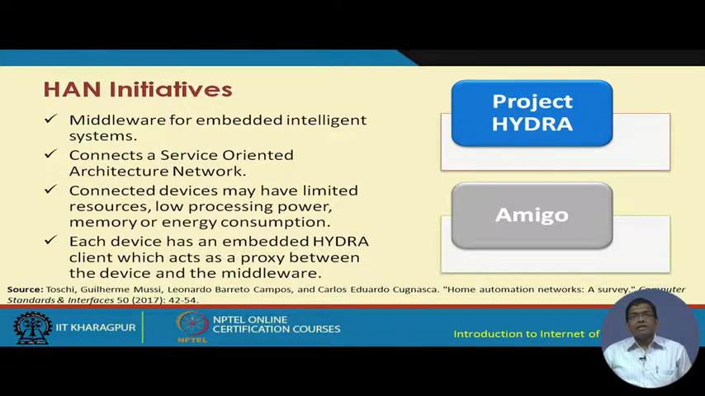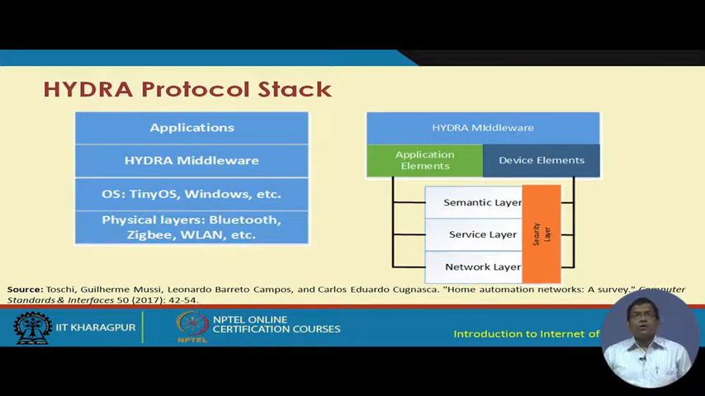In terms of the initiatives, there is the Hydra project, which is about middleware for embedded intelligent systems. That middleware was proposed for use in IoT kind of environments where there are embedded intelligent systems or intelligent devices. It connects a service oriented architecture network. The connected devices may have limited resources, low processing power, memory or energy. Here in Hydra, each device has an embedded Hydra client which acts as a proxy between the device and the middleware. So, in the Hydra protocol stack, there are different